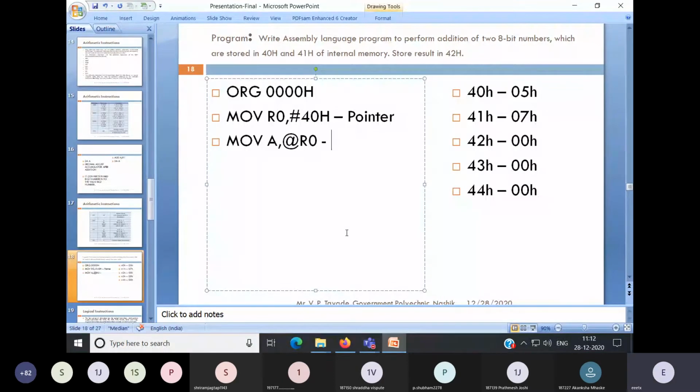So MOV A, @R0. Correct? What is the meaning of the first instruction? That in R0 you will get 40H. So the starting address of your data is 40H. I'm loading that address into R0.